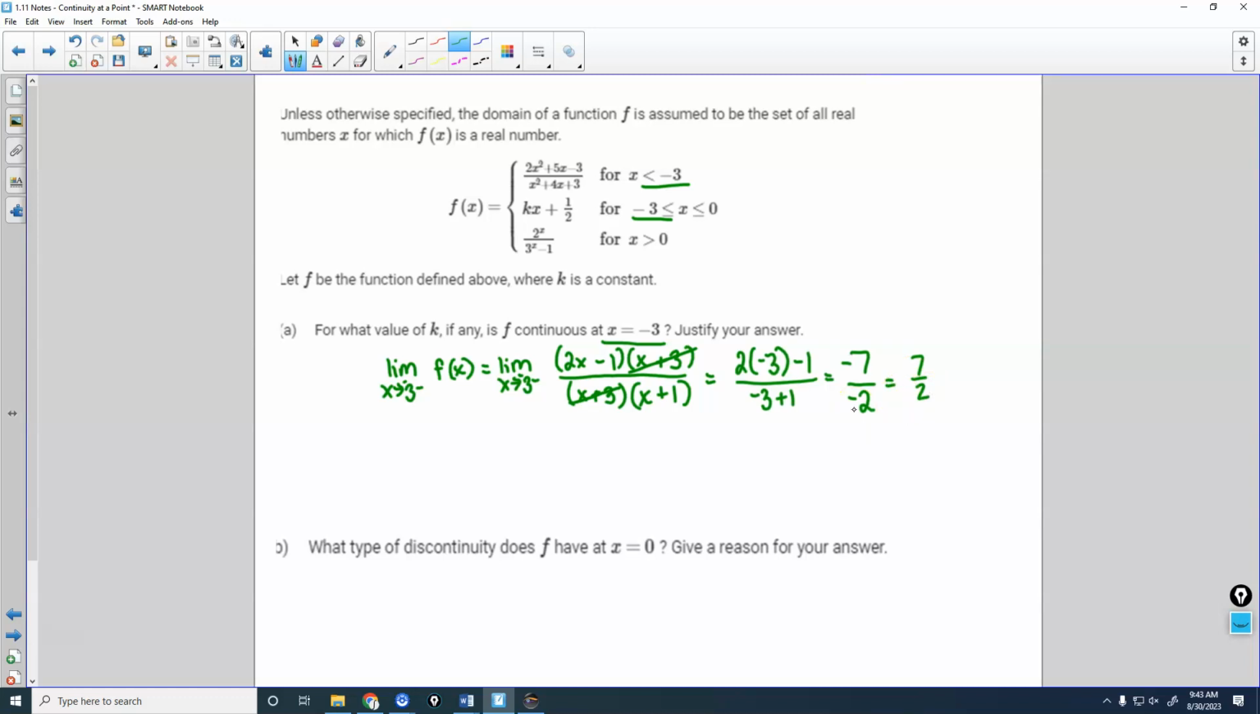Yes. Yeah, this would be like a free response question on the test. And then from the right, our limit